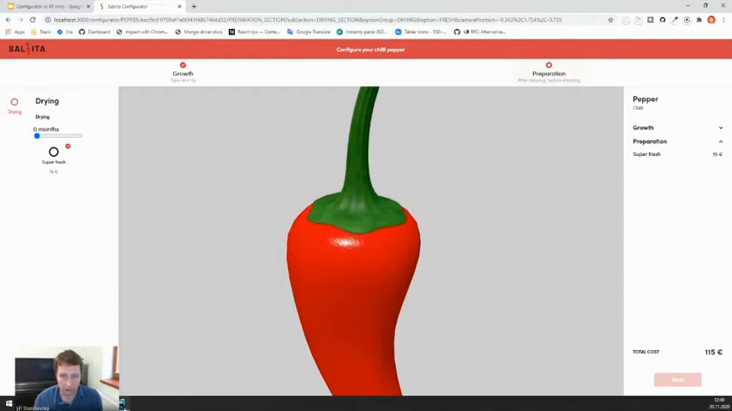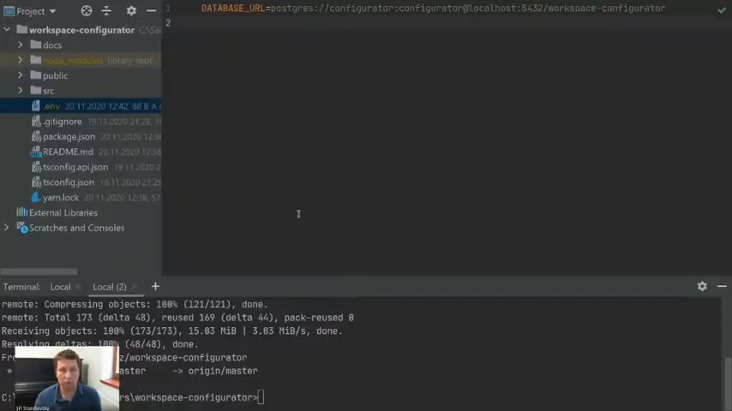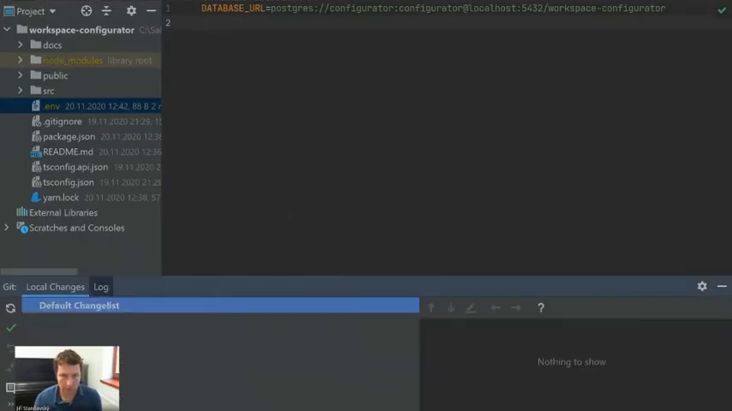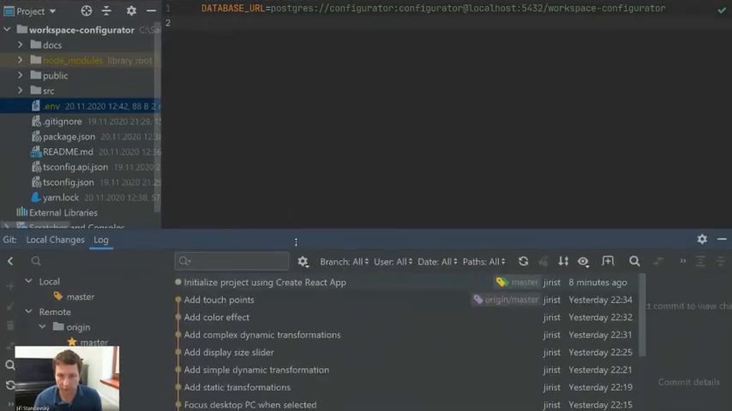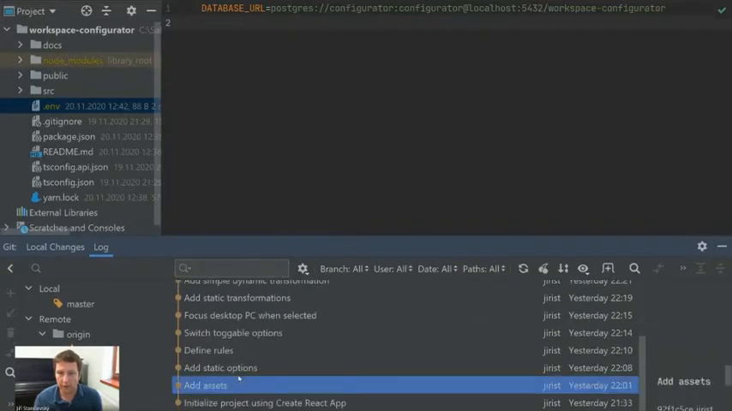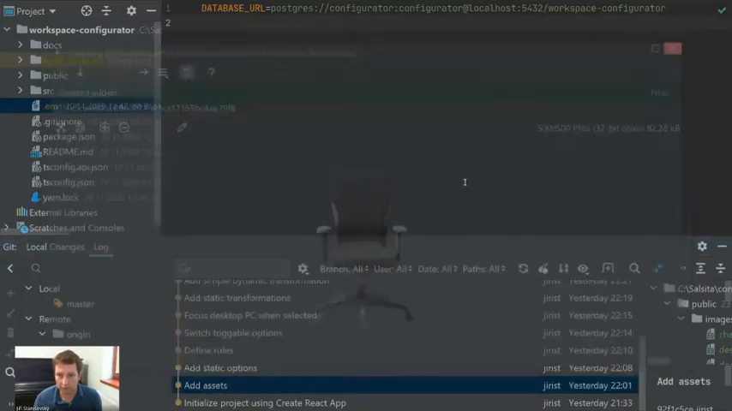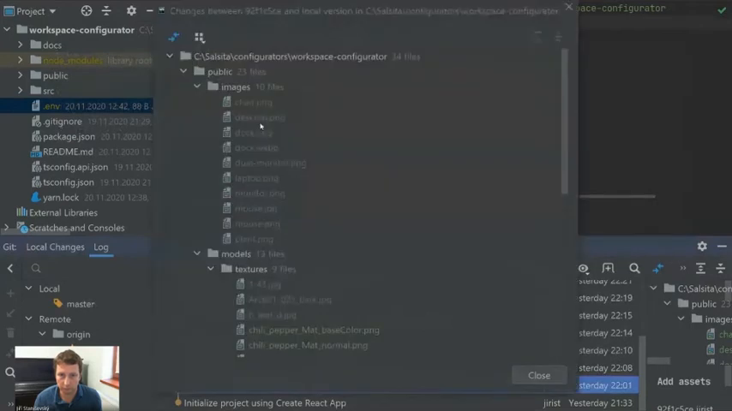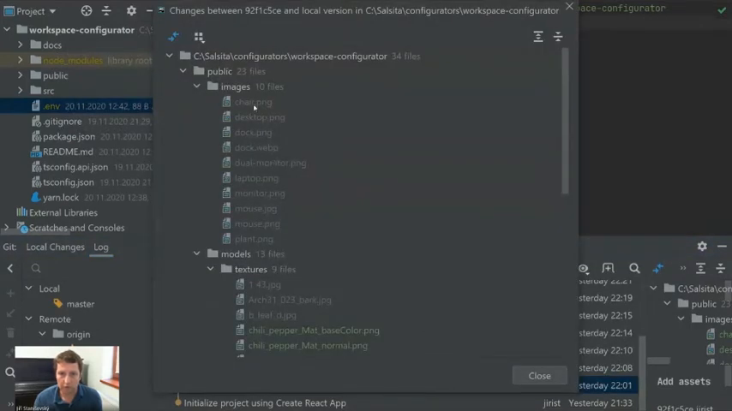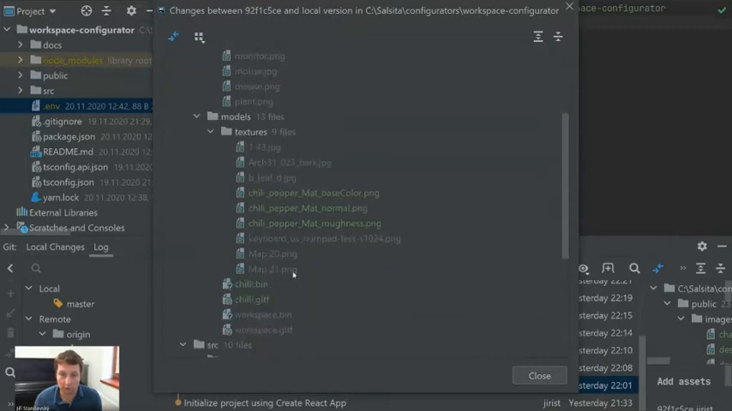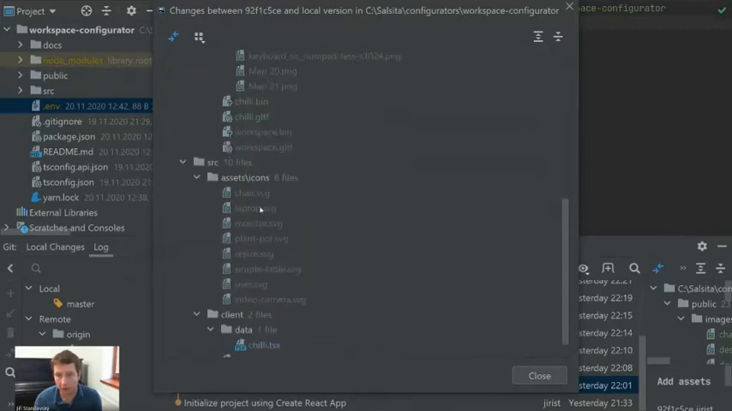So now let's go back to WebStorm, and let's see if I managed to actually hook the repository there. Perfect. So the first thing we will do, we will be adding assets to the application. So we can see that there are several files we'll be adding. We're actually adding some icons, some images for the options, the textures and the model itself, and icons that will be displayed